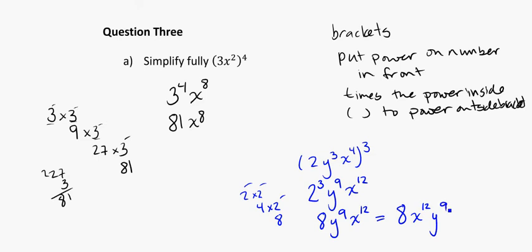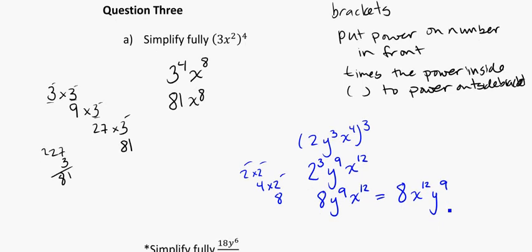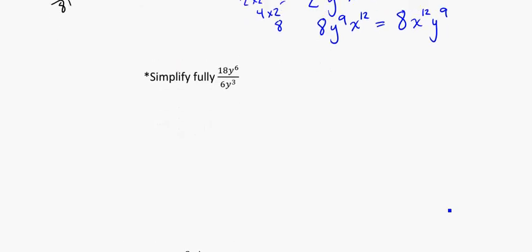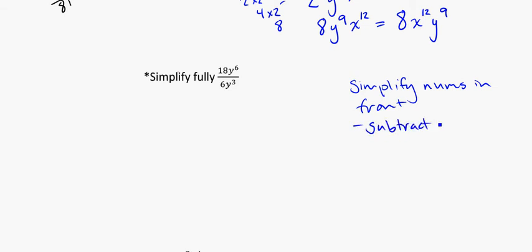And if we keep going with these simplification rules, another example that they can give you is one where we're dealing with a fraction here. So in this case, we need to think about dealing with it as a fraction, so we're going to simplify the numbers in front, just as you would if it was a fraction. Sorry, numbers in front. And then we're going to subtract the powers. So if I think about just the numbers in front, meaning the 18 and the 6, if I